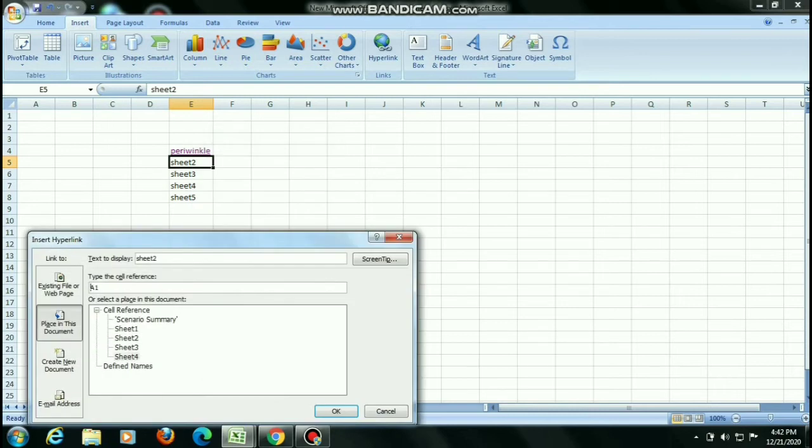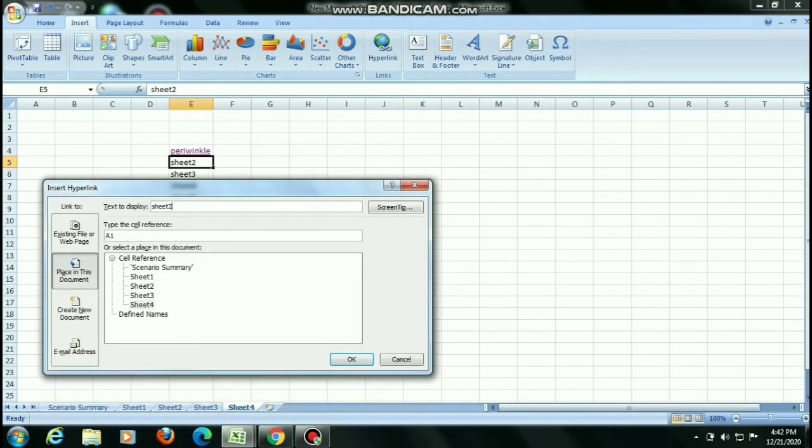Click on this one, this window appears. Here is the text to display, whatever name you are writing, that name will appear on the hyperlink. Type the cell reference, whatever reference you are giving. When you click on the hyperlink, you will move to this particular cell, or select a place in this